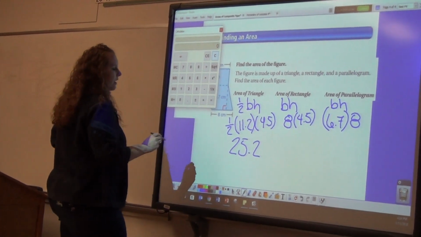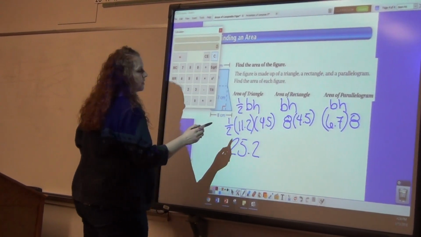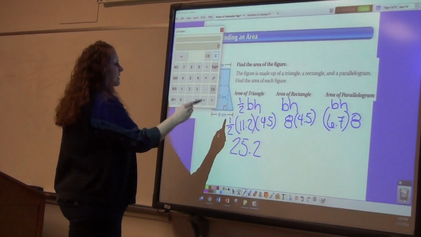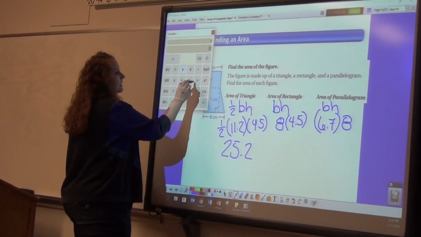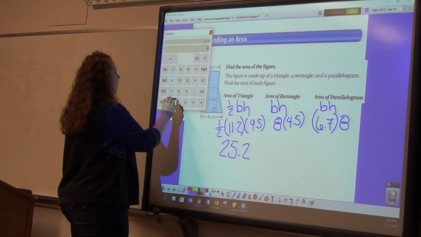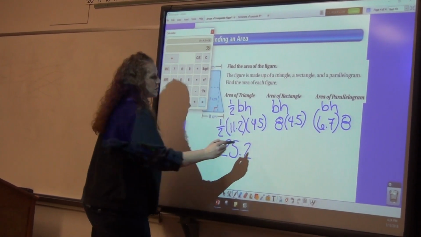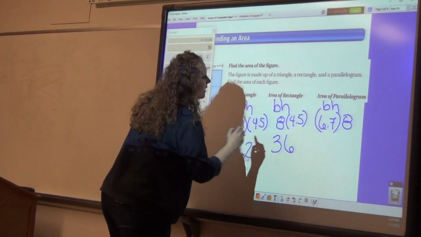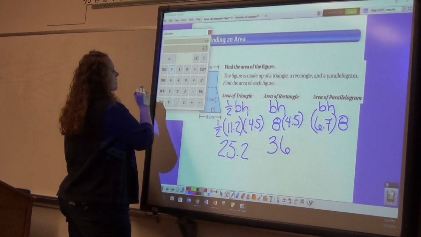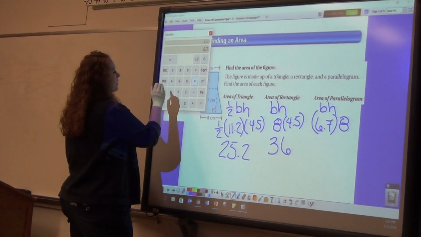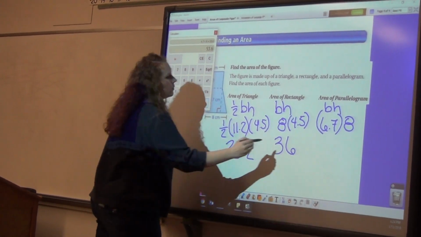That is the area, and it's centimeters squared. I'm not going to label it yet because I'm just going to label it when I'm done. That's the area of our triangle. Area of our rectangle is 8 times 4.5, which is 36. And area of our parallelogram is 6.7 times 8, which is